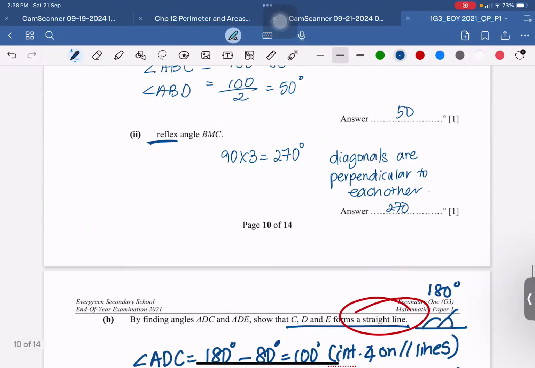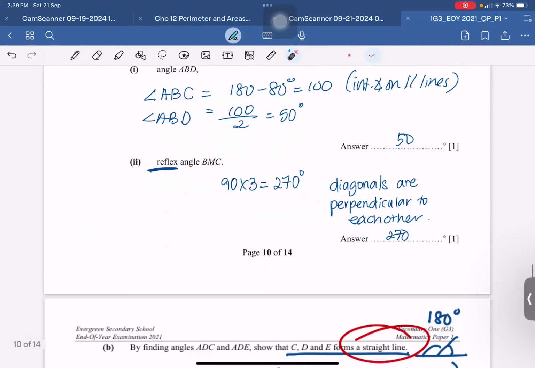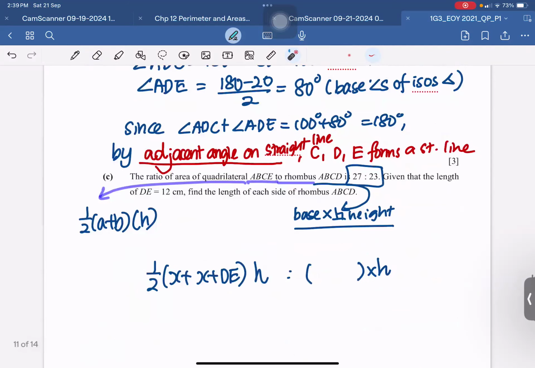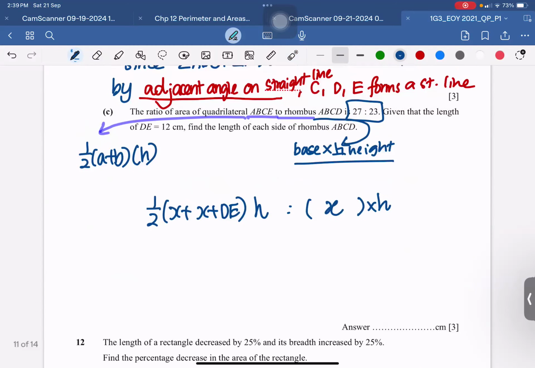Then over here, I know the rhombus. This is X, so it's my base. This is my perpendicular height H. So I also have another letter X. Okay, I haven't used the ratio, the formula yet. I'm just trying to interpret what the question is asking me. It probably asked me to find the length, the X itself or something. So this X, with the DE, I probably need a ratio